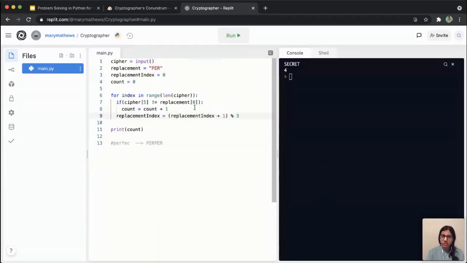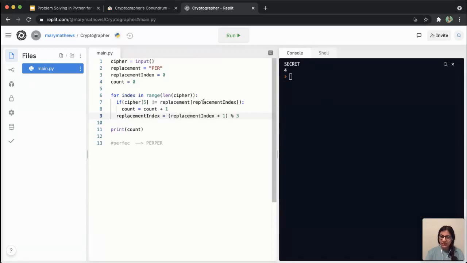So I can't just directly say if replacement of index, because then I'll get an index out of range error, because replacement of 5 would not make any sense, right? Because I only have 3 characters here. So that's why I'm doing replacement index plus 1 mod 3, modulus 3, okay?